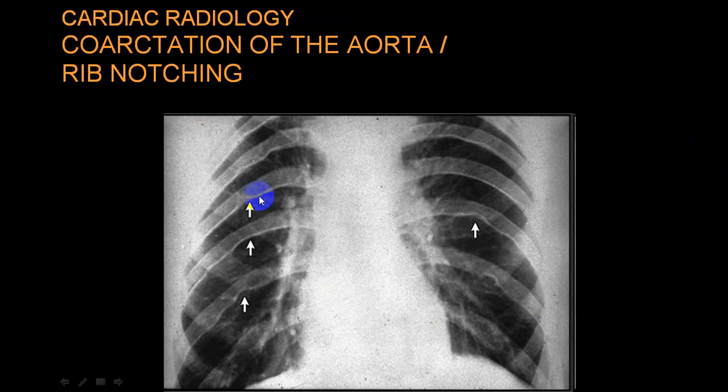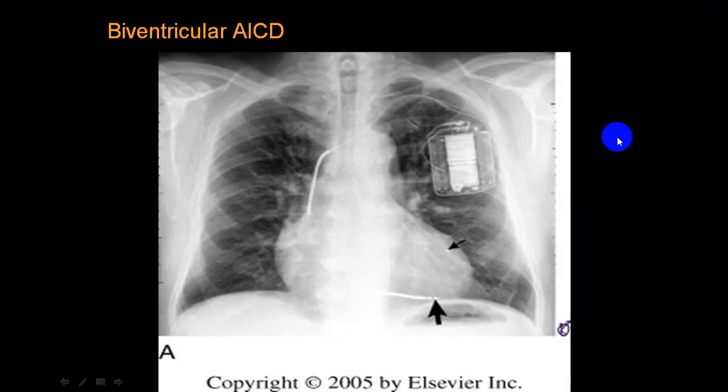Now if you see here, can you see the notch on inferior border, coarctation of aorta? You can see clearly. On this side it is much better seen. This is one which you can see. You can see here. This is what we call inferior border of the rib. There is a notching, coarctation of aorta. Here if you see, this is much better seen. You can see this. This is second.